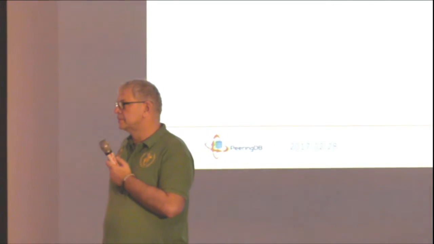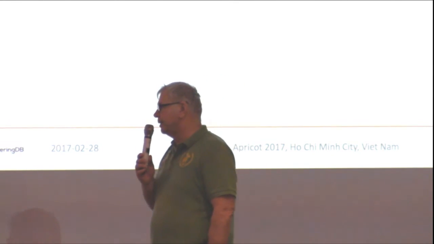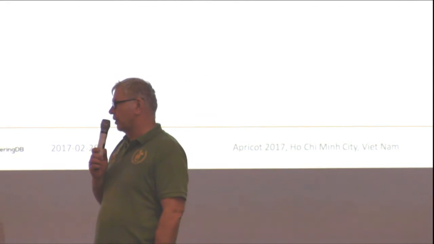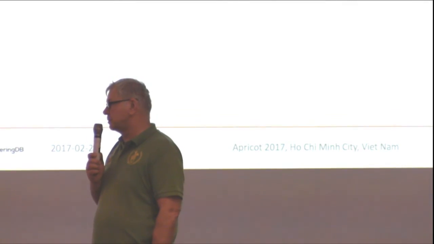So I guess my question is, when we spot something wrong with that data, do we just open a ticket with PeeringDB? Yes, just send an email to support@peeringdb.com, give as much information as possible, and then an admin is working on it. We are happy if you send us this information.